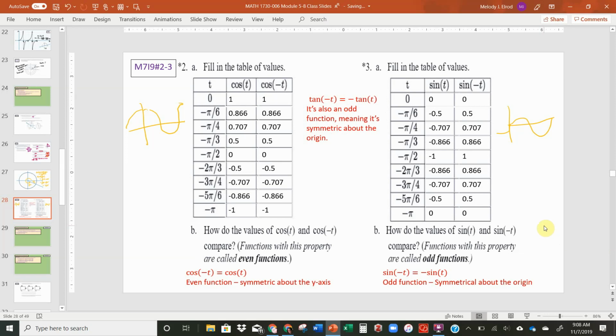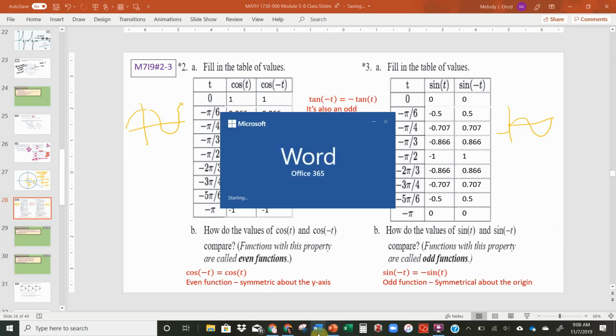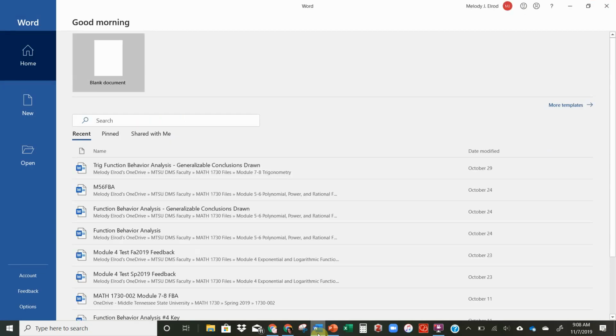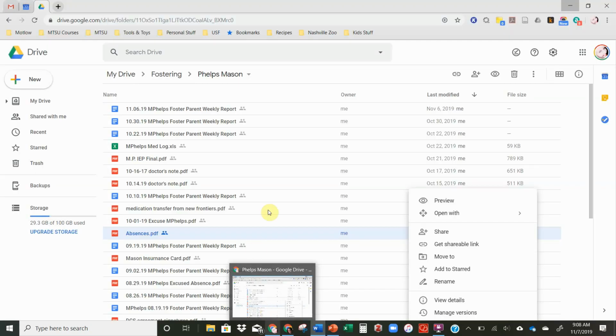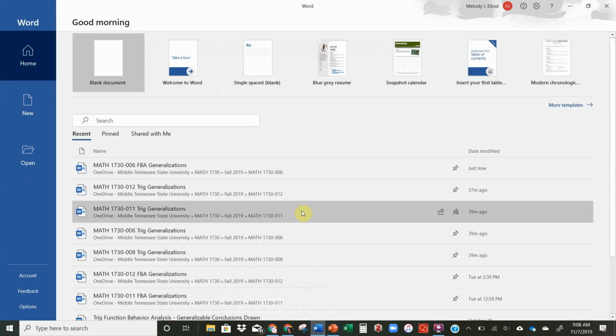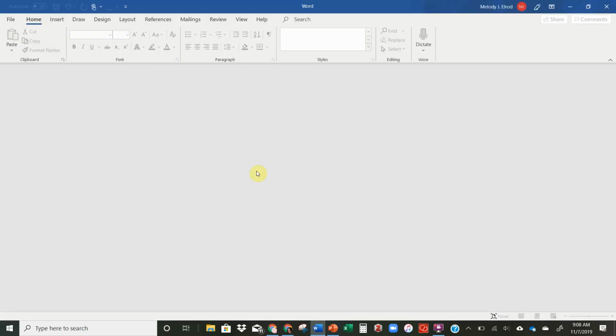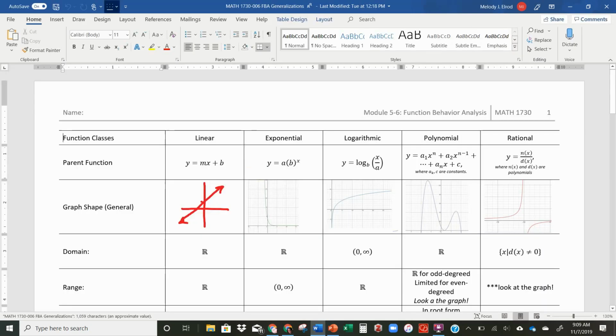This particular thing is going to work into the trig generalizations page that we have been working on. Let's go right here. On the trig generalizations page, we have this information towards the bottom of both of them that talks about